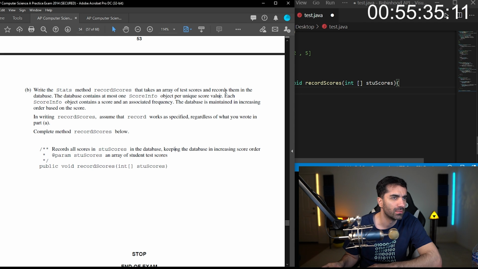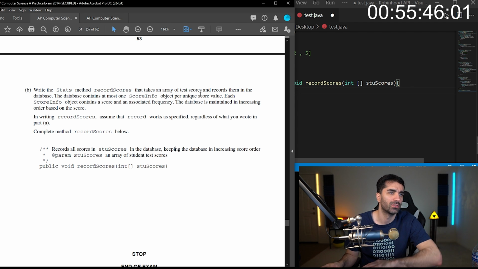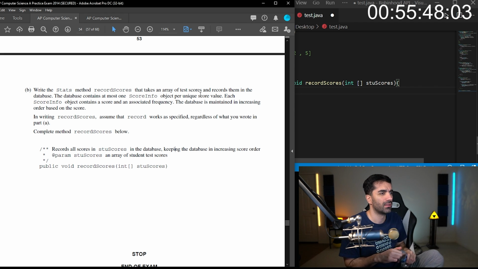Takes an array of test scores and records them in the database. The database contains at most one score info object per unique score value. Each score info object contains score and an associated frequency.